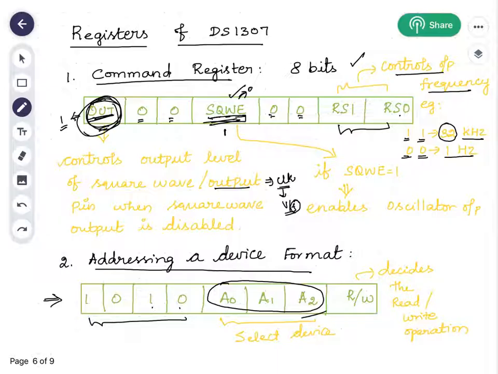These 3 can address 8 different slave devices. By selecting a device, we can read or write from the device. If the LSB is 1, then a read operation will be performed. If it is 0, then a write operation will be performed.